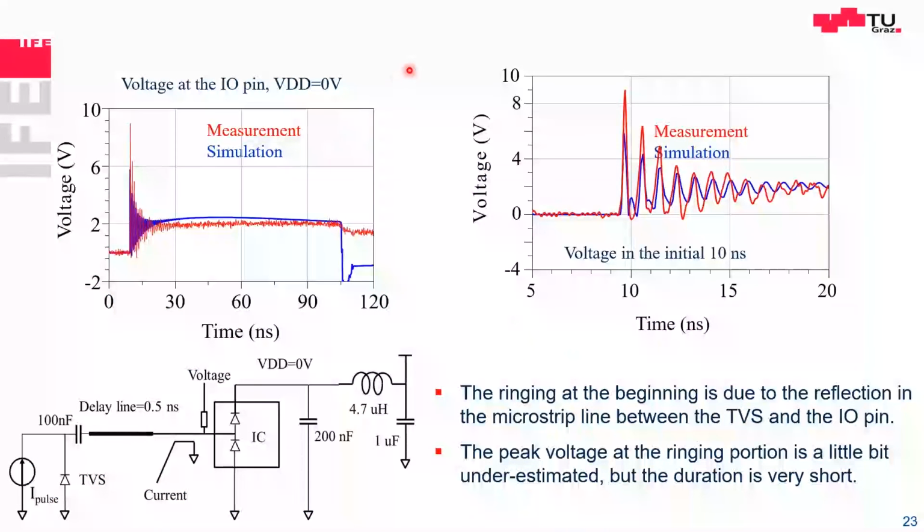Now, let's look at an example. This is an example of the same circuit. This is the voltage at the I/O pin. So that's actually the voltage pretty much directly at the IC. And simulation and measurement. And what do we see here? First, nothing, and then overshoot, and then ringing, and then it stabilizes, and then the pulse is over. And let's zoom into the front section. We see nothing, then an overshoot, a little bit higher in the measurement than in the simulation. And you see the ringing, and the ringing calms down.